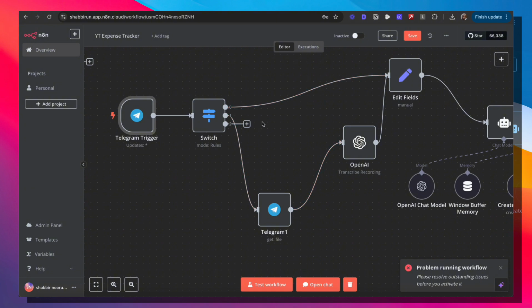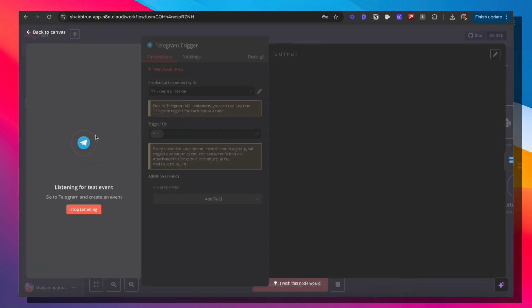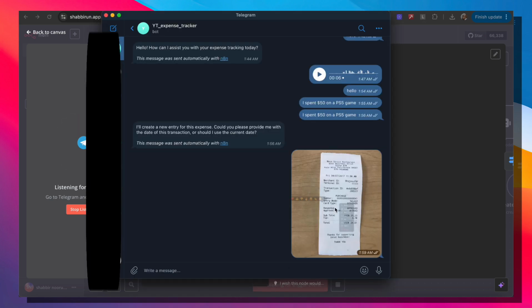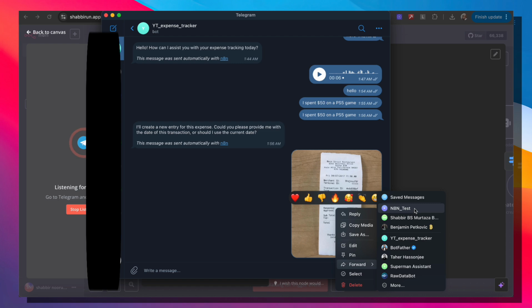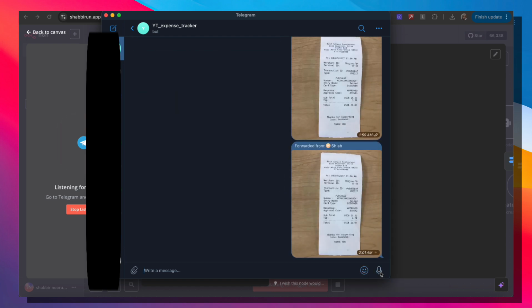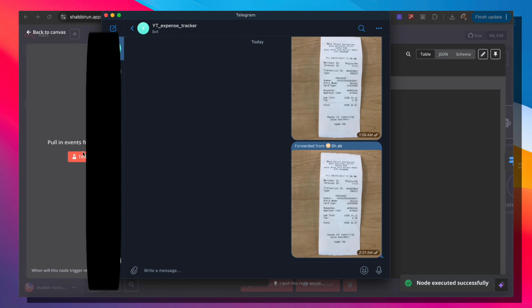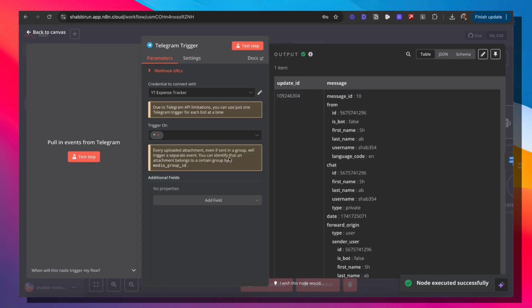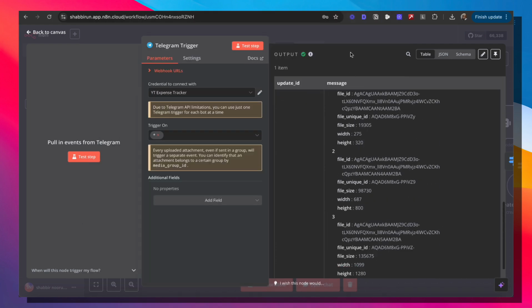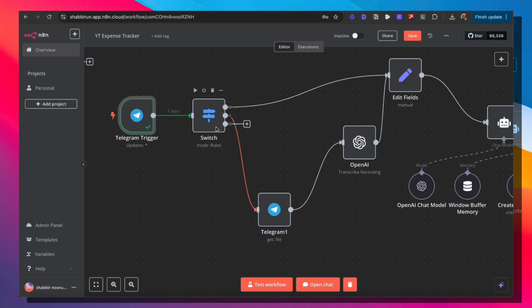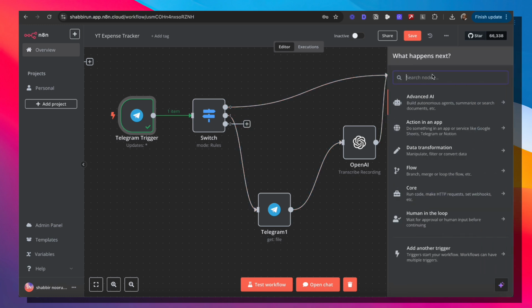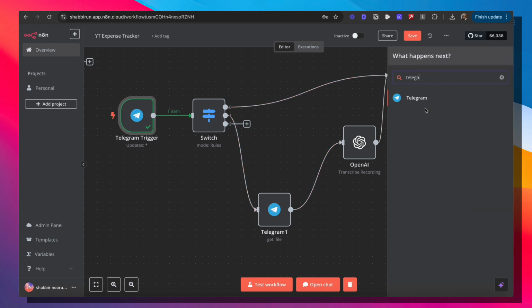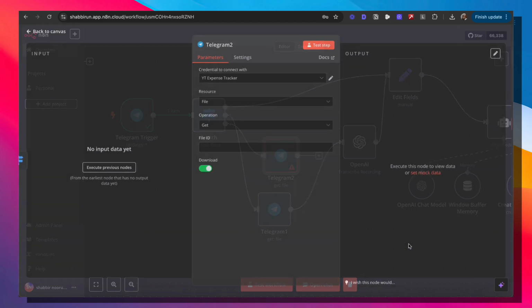Now that we have the rules set up, just need to test this one more time to see what the existing data was. Okay, so we have to resend this image. I'm just gonna forward it back to YT expense tracker. Okay, oops, and we'll see that we have indeed pulled this data. Now we can go ahead and we can go to Telegram, get a file, and